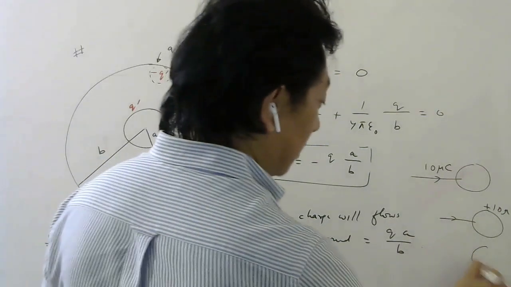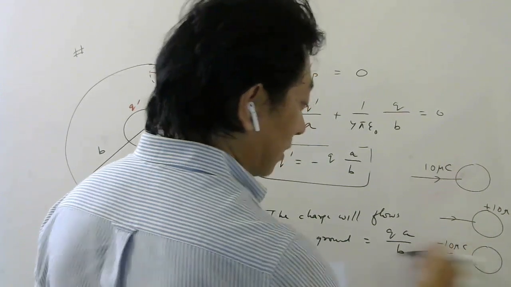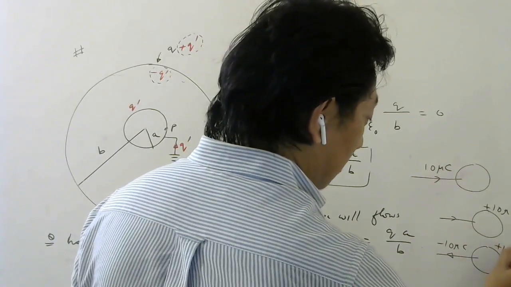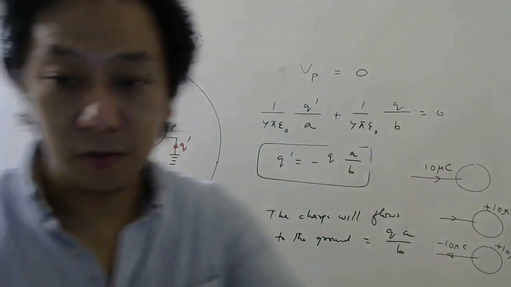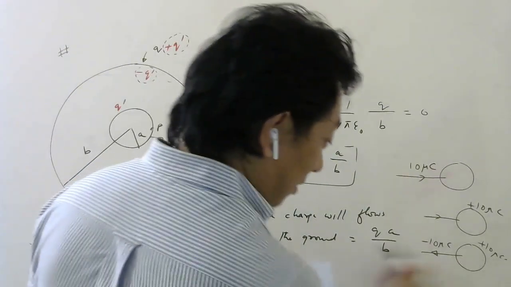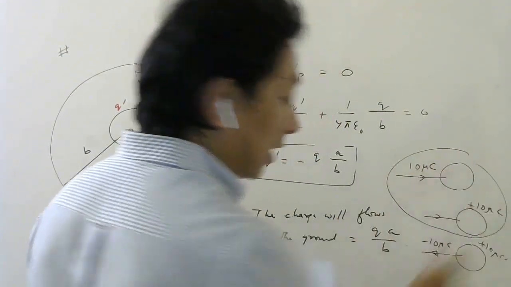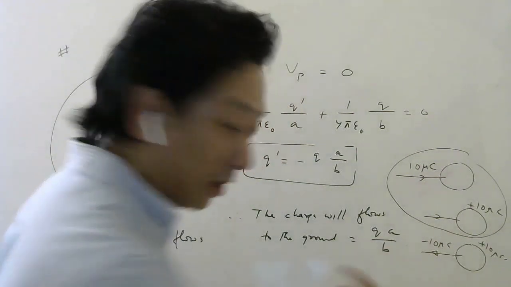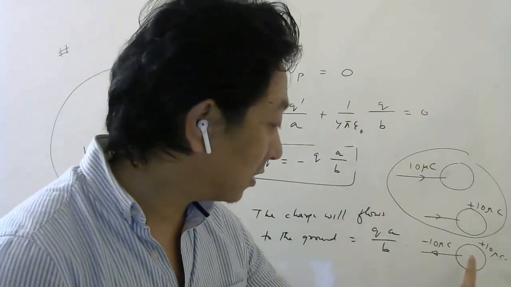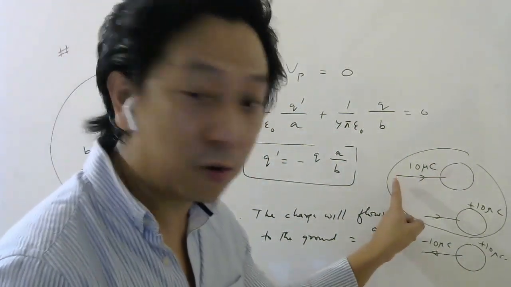But suppose I say here minus 10 microcoulomb is going like this. Now minus 10 microcoulomb going this way means this will become plus 10 microcoulomb. Right? If you lose minus charge, you will become positive charge. So minus 10 going this way is same as plus 10 coming this way, right? Because if plus 10 come this way, the body will have charge plus 10. If minus 10 goes this way, even then the body will have plus 10. So 10 microcoulomb coming this way is same as minus 10 microcoulomb going this way, or minus 10 microcoulomb going this way is same as 10 microcoulomb coming this way.